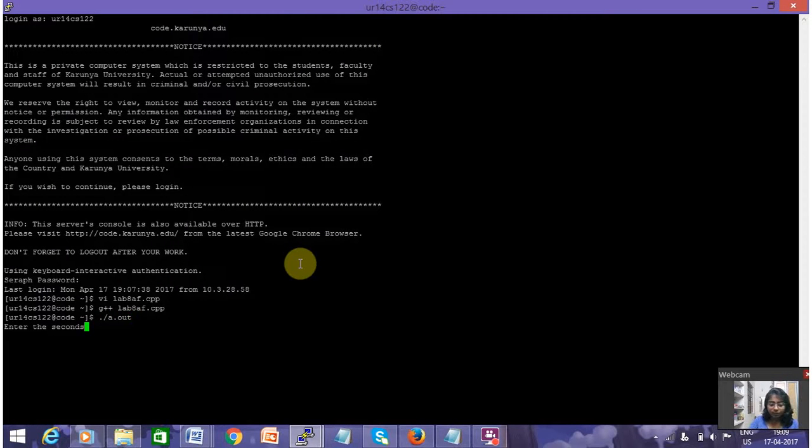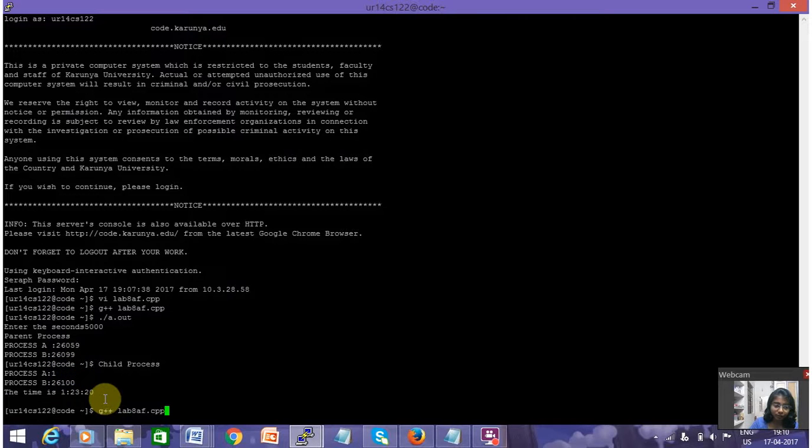So here I enter the seconds, let's say 5000. So here I get the process ID, the parent ID and the child ID, and then here the time gets displayed. So the next program